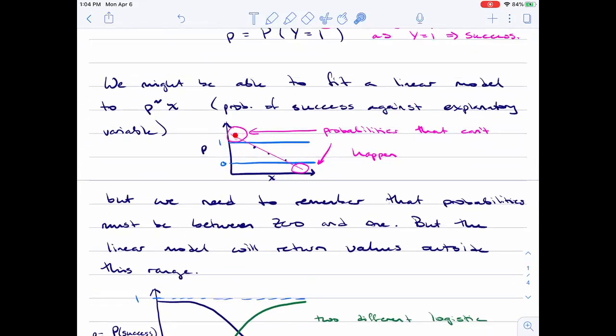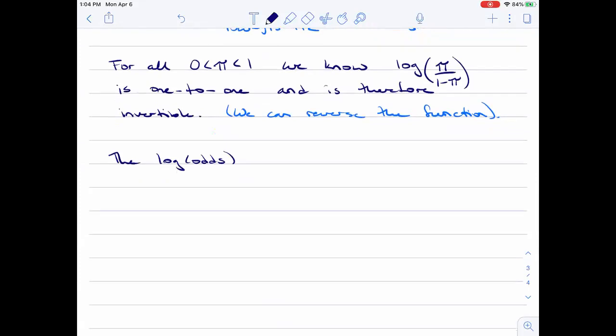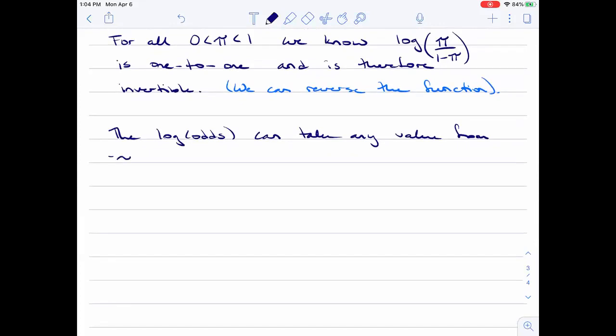Now we don't have this restriction on the outputs because our log odds can go from -infinity to infinity, so it can handle any sort of output. So the log odds can take any value from -infinity to infinity,